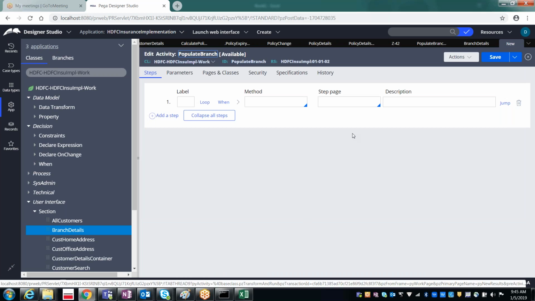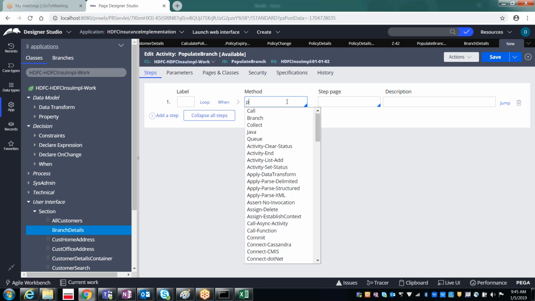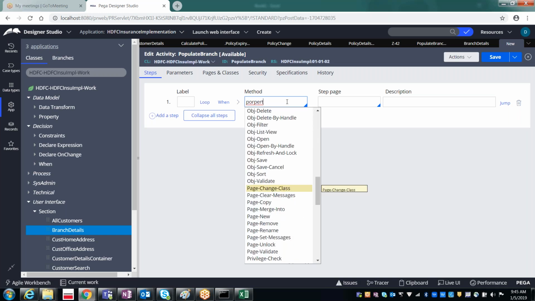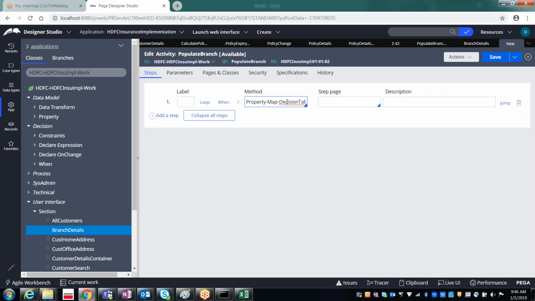Now from the activity, if you want to call the decision table, we have one method. What is the method name? Property-Map-DecisionTable. This is a method which is used to call the decision table from an activity.